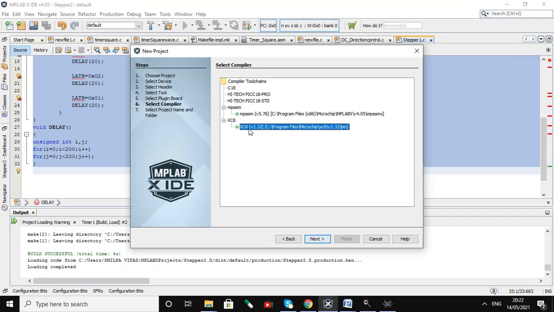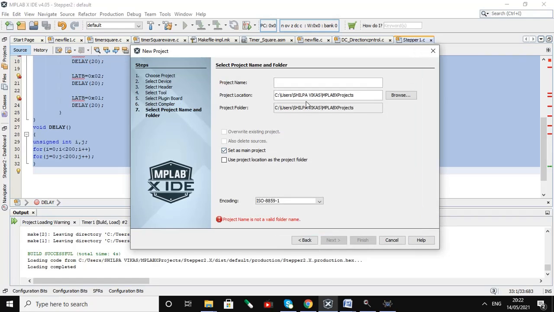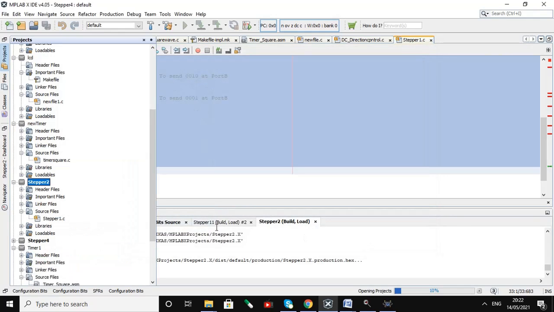This is embedded C code, so we will use XC8. Next, the name of the project; here we'll give stepper 4, then click on Finish. So this is stepper 4.